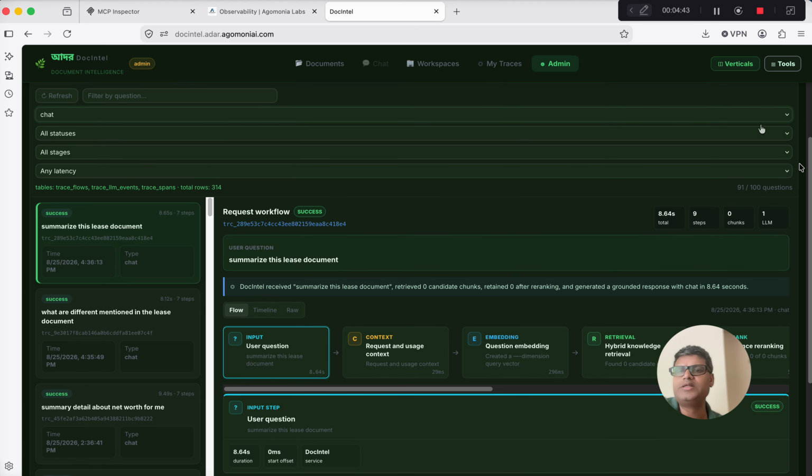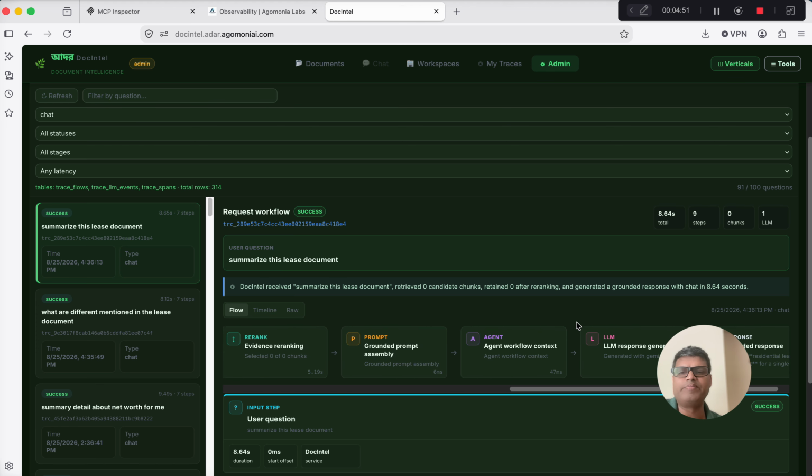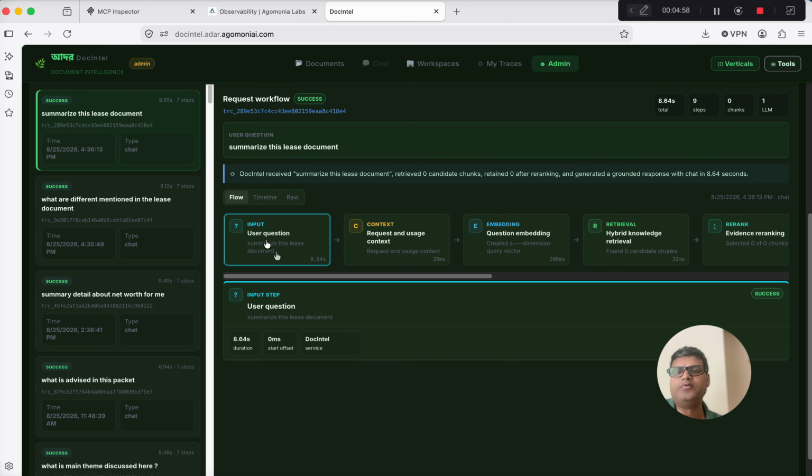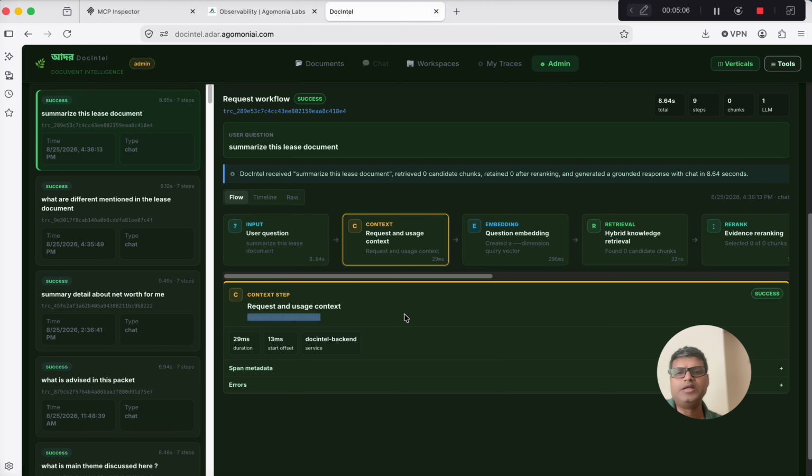So for example, summarize the list document. When I ask this question, you see there is a workflow that gets executed here, right? These are the steps that happen when it traverses, and that is what the flow is. The user asks a question, requests user's context. When the user asks a question, summarize the list document, then request and user's context, it has some